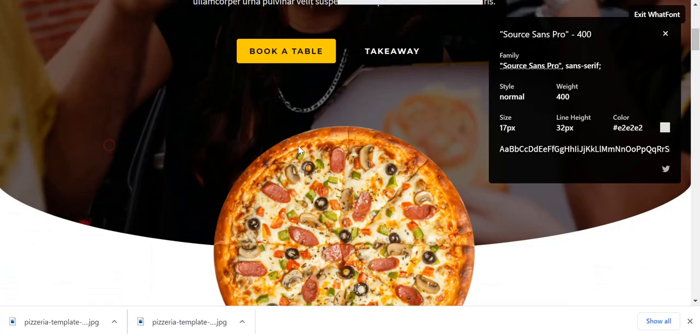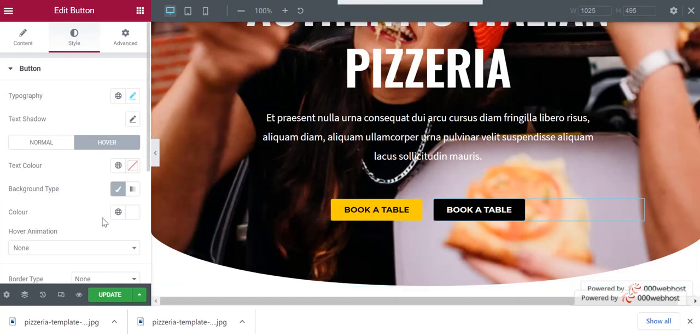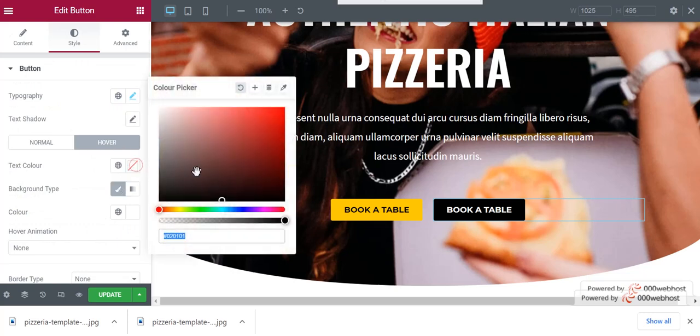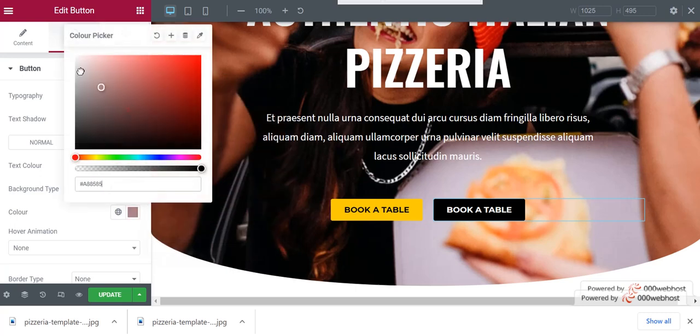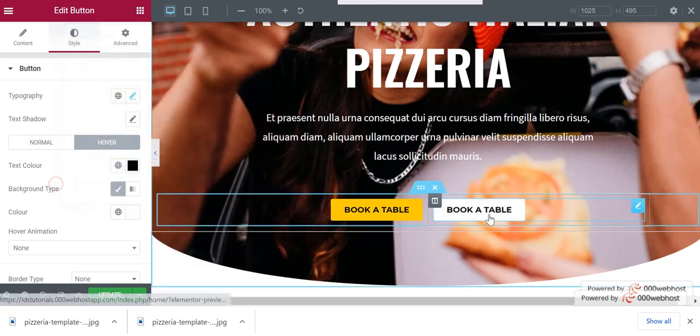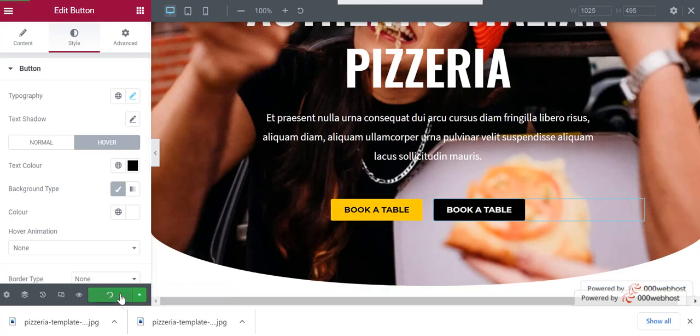Okay, and when we hover on it, the text becomes black and the background white. So we will click on this hover and set the text color to black and the background color to white. Now let us see. Okay, it's working fine. Now click on update.